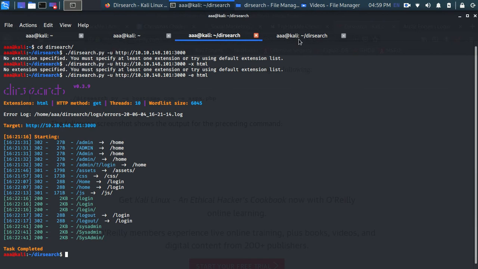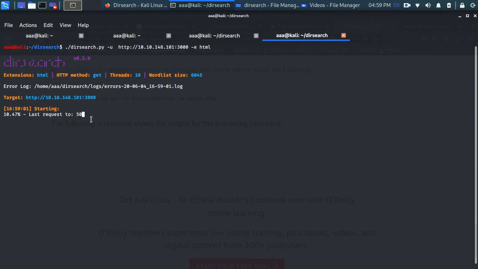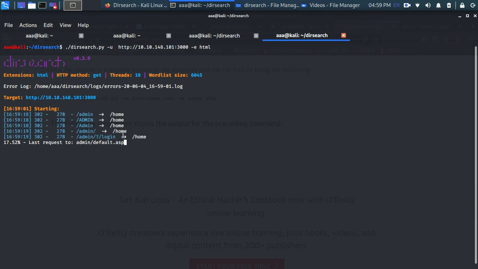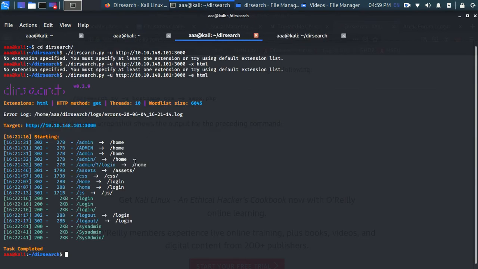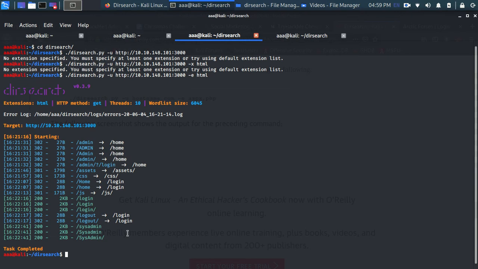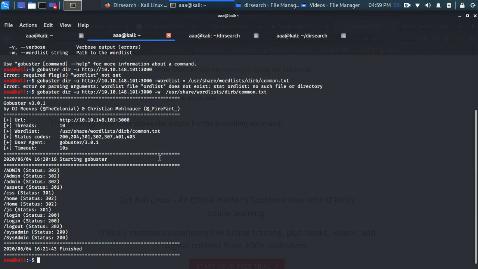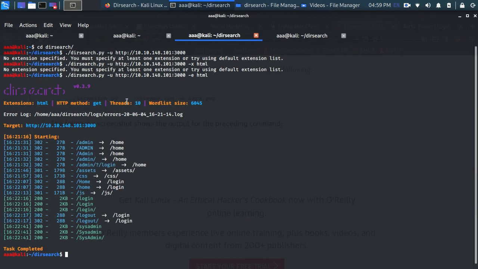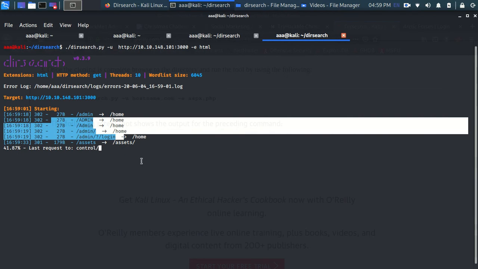For the first example, it's checking so many names. As you can see, this is the same as admin, and in the end you will get this over here. You can actually even use Gobuster. This is just like that one, and I got kind of the same thing, like admin, sh, css, home, and it's happening over here.